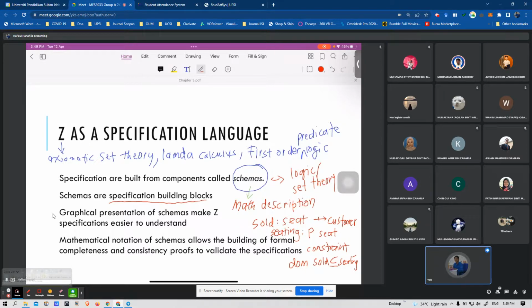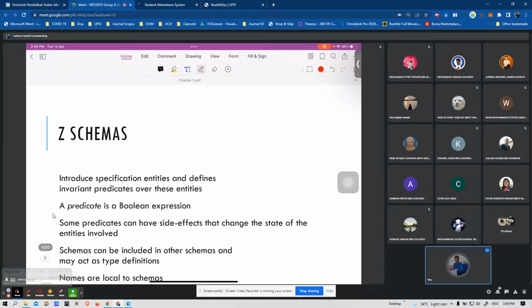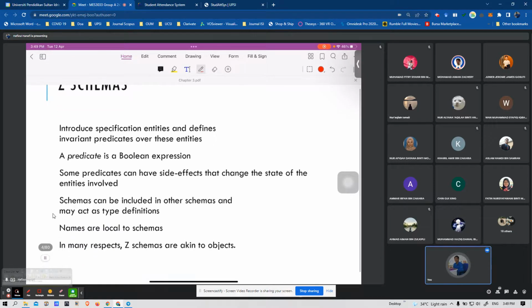Schema is part of the declaration and constraint. Schema introduces specification entities and defines invariant predicates over the entities. A predicate is also known as a Boolean expression. Some predicates can have side effects that change the state of entities involved. Names are local to schema. If you look at the schema representation,